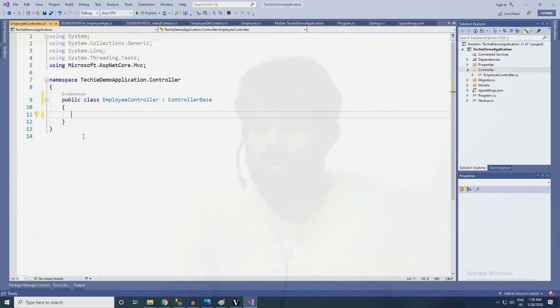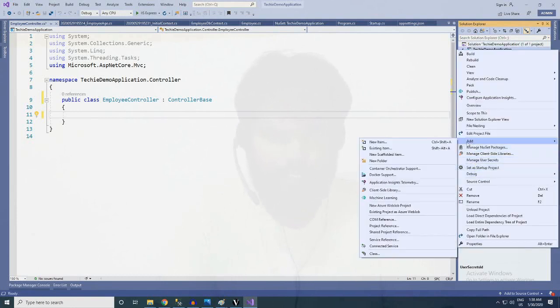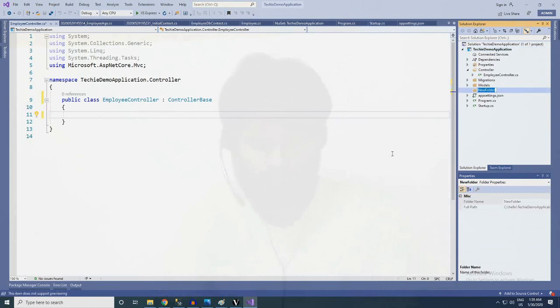So in this stage, here we will be getting an interface instance. So for that I'll be adding a new folder. Don't skip any of the steps here, please try it completely. So interface.